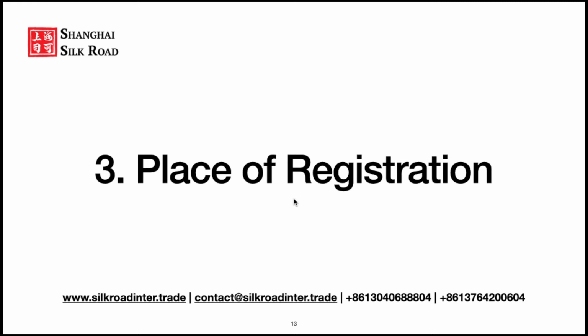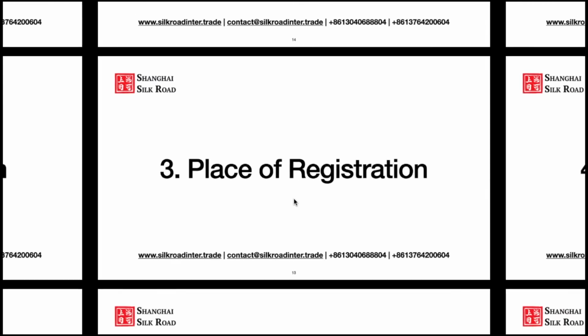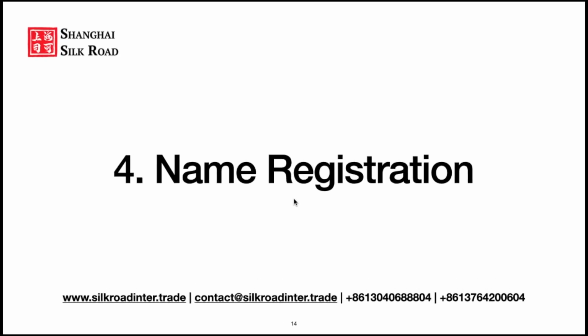Okay, Guangzhou consists of many regions, and Beijing, etc. So you need to decide where you exactly want to register your company, and write it down in a client form. Next thing, very important, is name registration. So this is the first step, okay, although it's numbered 4, but this is the start of company formation. Okay, so once you decide all the previous details here that we described already, we get this client form